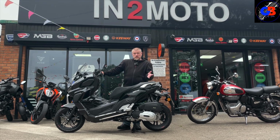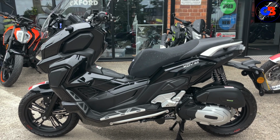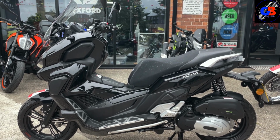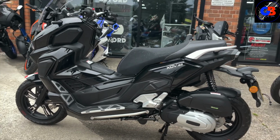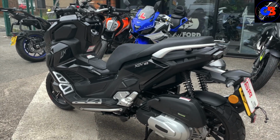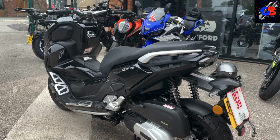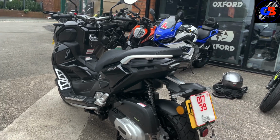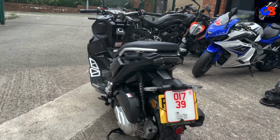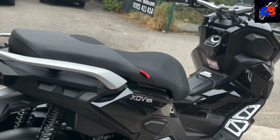You let me know in the comments, what do you think of the looks? There's the close-up. Now these are a bit rugged. They look like they're built for the occasional little gravel track, and I know Honda do something very similar, and it's Honda, so it's bound to be 10 times more expensive, but I think it is something like £5,000 or £6,000, so it's a hell of a lot more expensive than this. But looks wise,